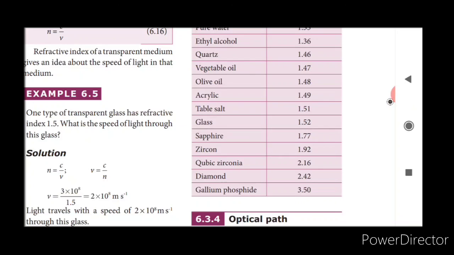We know how diamonds look very glittering, with very dazzling colors, because of this speed of light. Okay, because the refractive index is higher than everything else. So whenever the light enters into the diamond, the speed is very much lesser than the speed of light in vacuum, so it is not possible to escape from that diamond. Okay, that's why it is making total internal reflection.